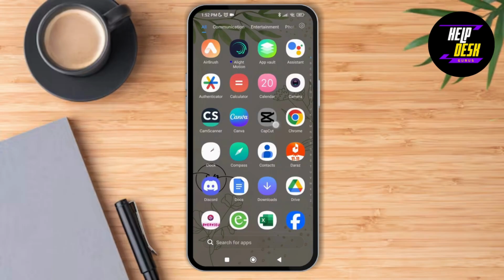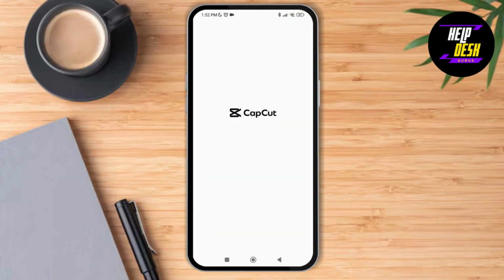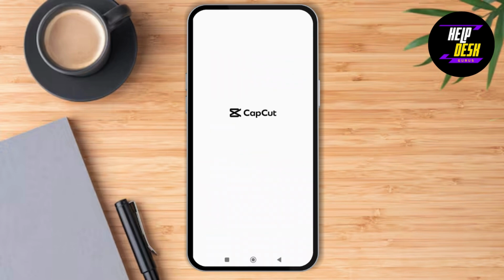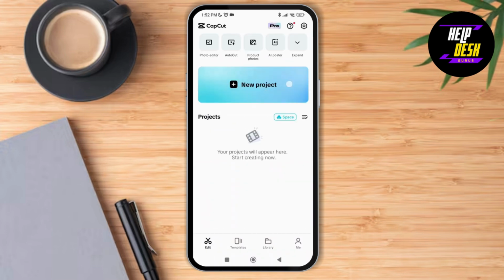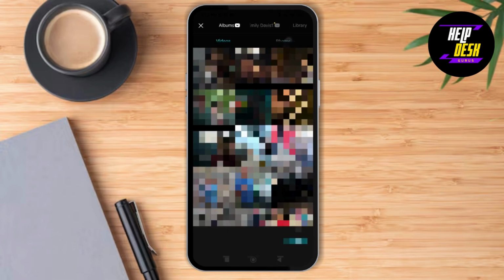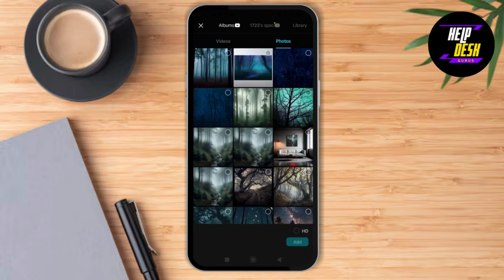So first of all, launch the Capcut application on your device and make sure that you're logged into your account. Now as you log into your account, all you can see on the home page is the option of new project. So as you can see over here, is the new project. So tap on it,